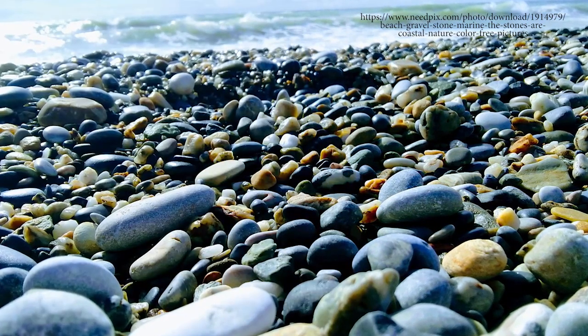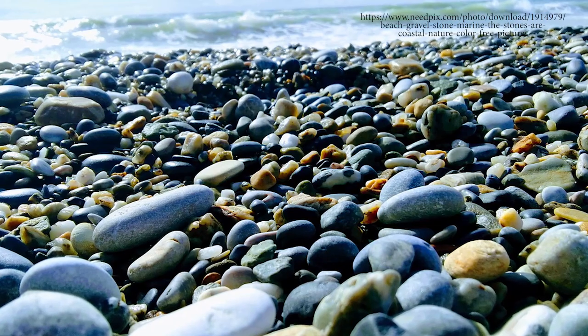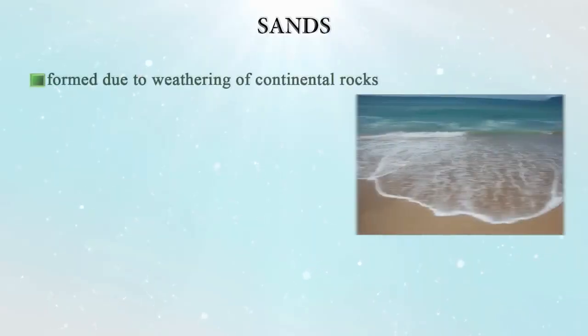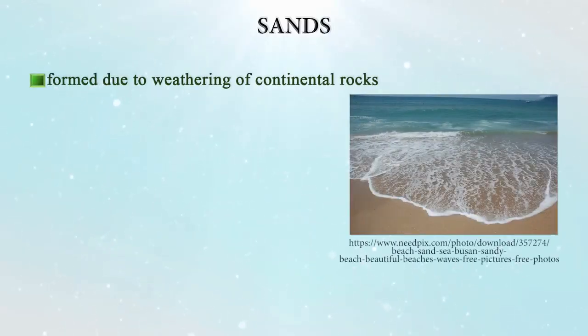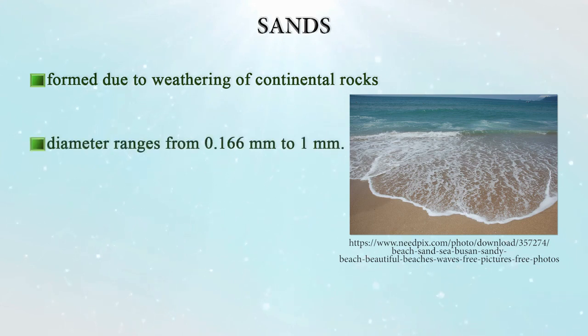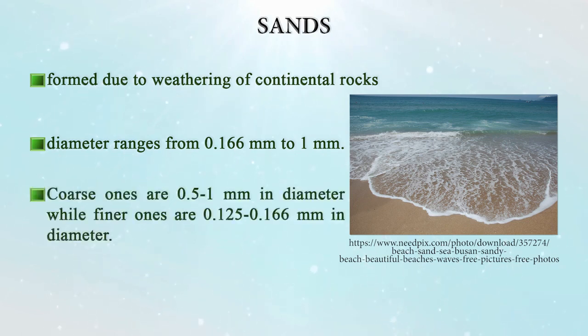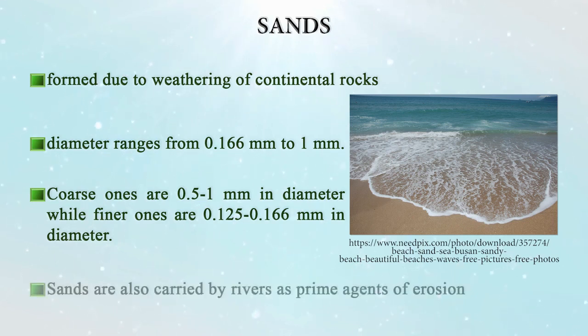Or you might Google search pebble banks, and then you can see the images of pebble banks there, how these gravels are deposited. Now sands are also formed due to weathering of continental rocks. Their diameter ranges from 0.166 millimeter to 1 millimeter. The coarser ones are of the order of 0.5 to 1 millimeter in diameter, while the finer ones are 0.125 to 0.166 millimeter in diameter. They are also carried by rivers as prime agents of erosion, and the finer deposits are